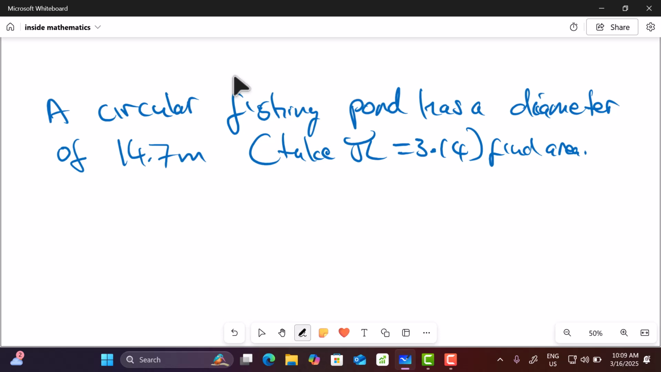So if it is circular, when we look into the solution, we sketch by drawing a circle, and the diameter spans from this end up to this end. So if that is the case, we are saying that the diameter is 14.7 meters. And if we are to find the area